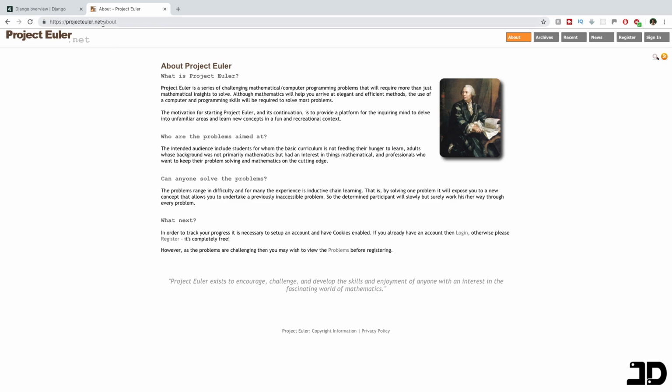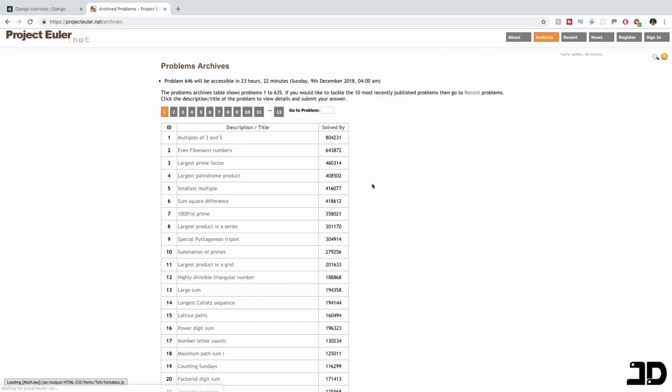You can just go to projecteuler.net, and I'm here on the About page, and it talks a little bit about what the problems are about, and basically the culture of not sharing the answer with anyone, and that they don't provide the answers either. You'll only know if the answer is correct by submitting it, and it will tell you whether that answer is correct or not. Now, there are over 600 problems that they provide on this website,